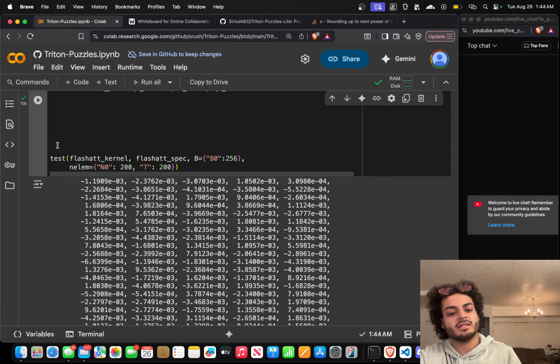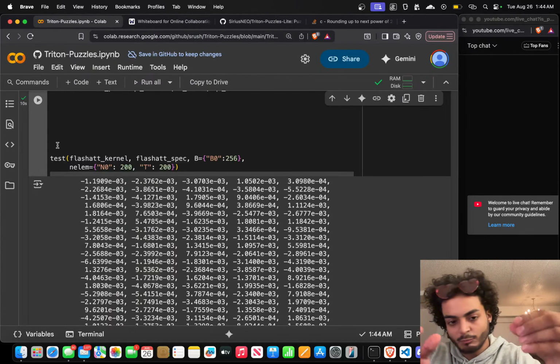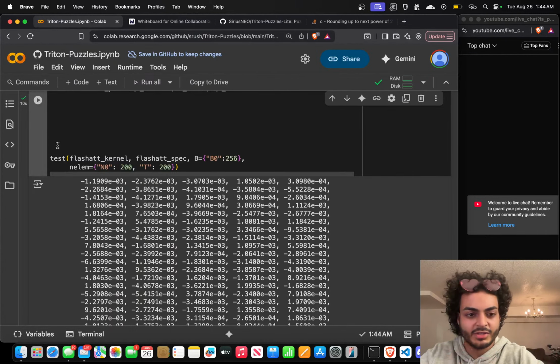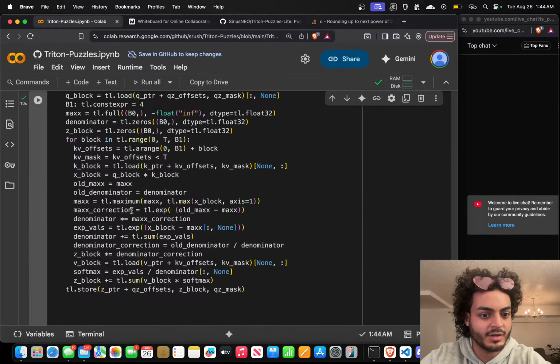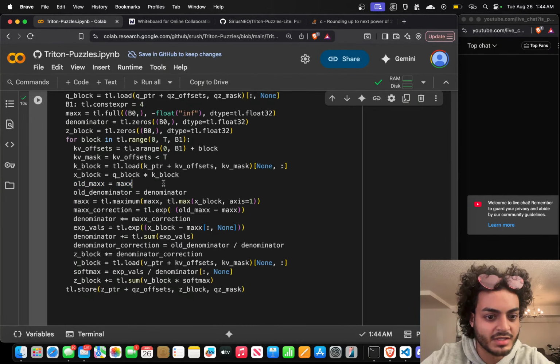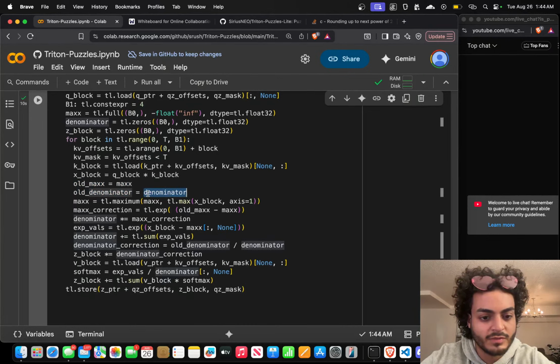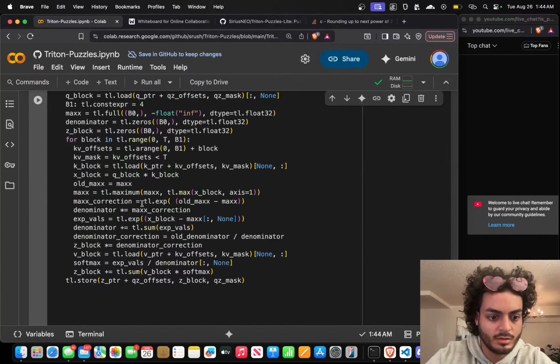Oh, the max doesn't actually matter when we're doing the aggregation. Only the denominator does, and the specific values for our block, because it's going to cancel out. We can factor it out from the top and bottom, right? All right, so we're going to say old max equals max. We don't even need to do this. We do need to do this, but not here. We could say